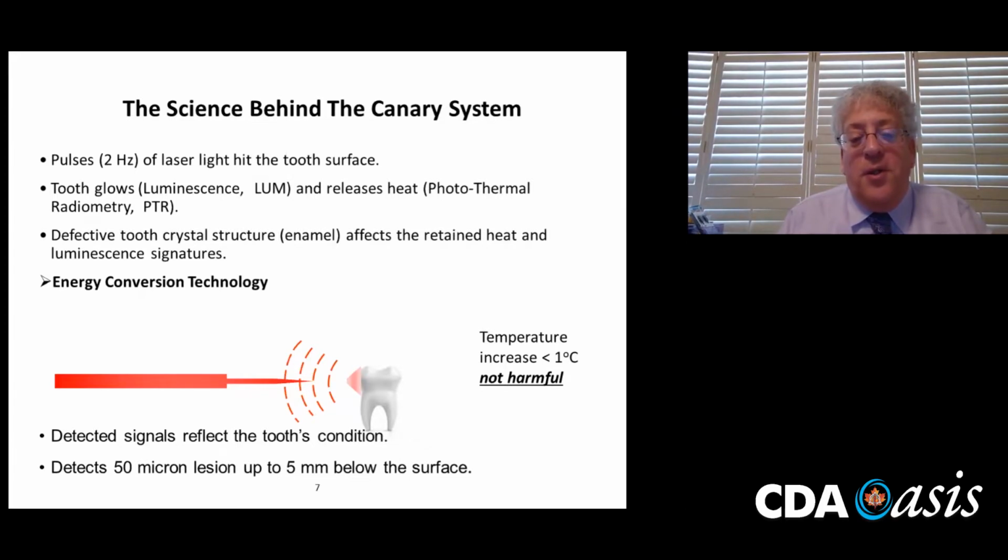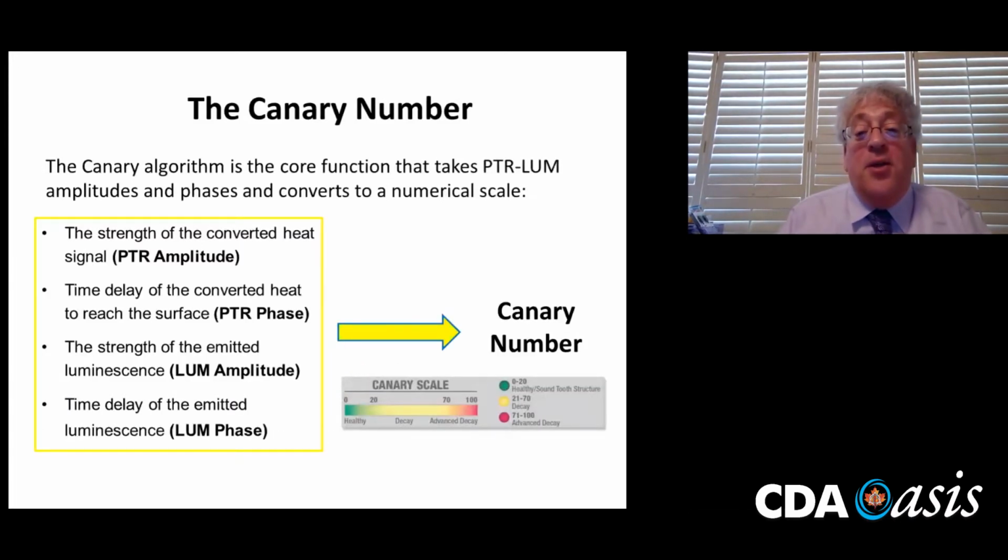And so we know that using this right wavelength of light, this red end of the spectrum, we're able to direct laser energy in. And when we shut the laser light off, the energy has to go somewhere. And it comes back out to the surface as a form of a slight increase in heat and a change in some of the near surface glow or luminescence. And that's a simple way of describing some very complex technology. And so what that means is that during an examination of a particular section of tooth, there are 4 signals that are measured: the strength of the heat that comes from there, the time delay, the surface, the near surface glow or luminescence, and its time delay.